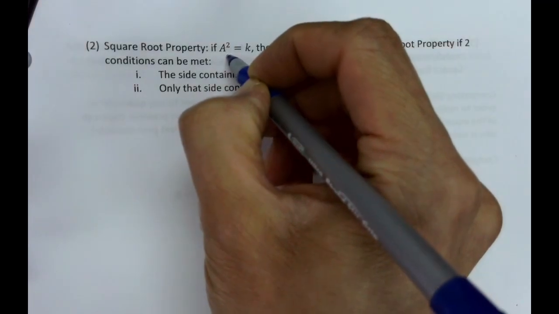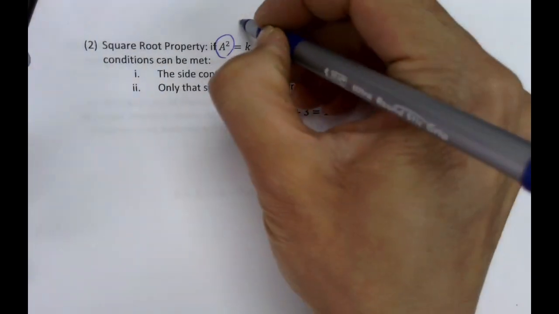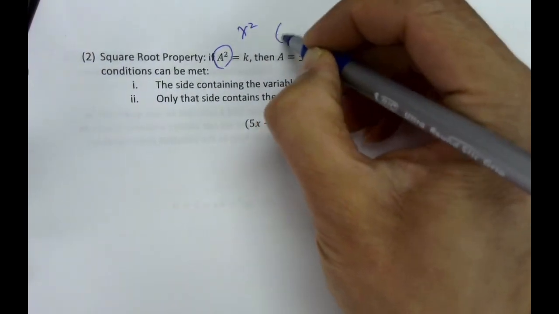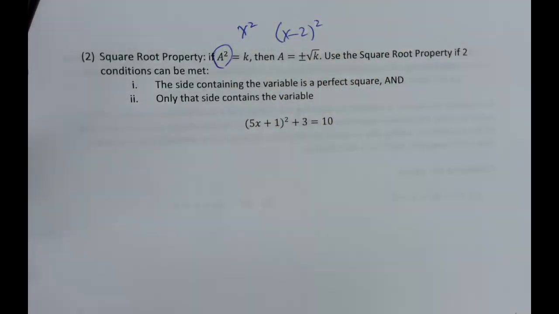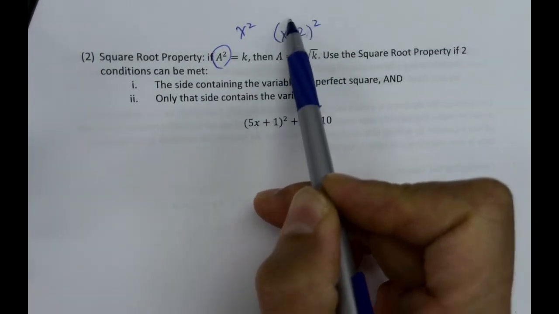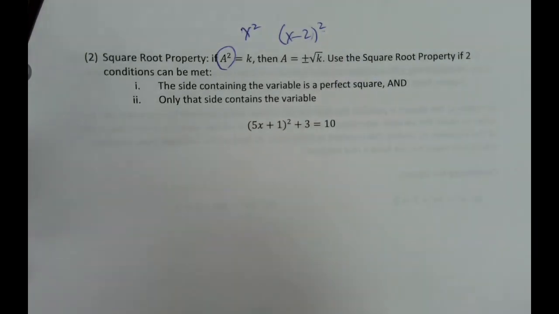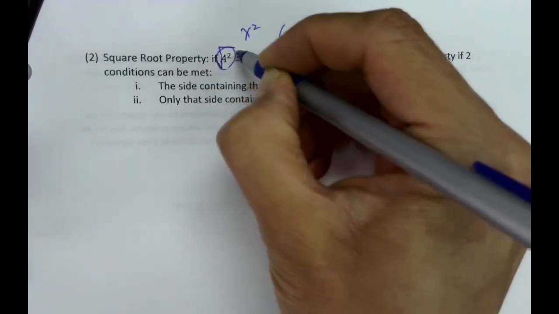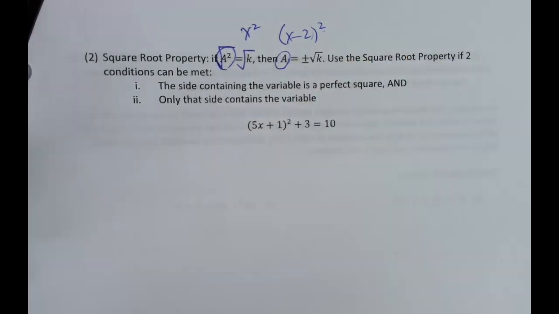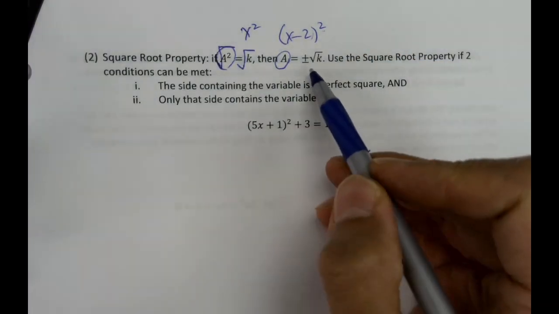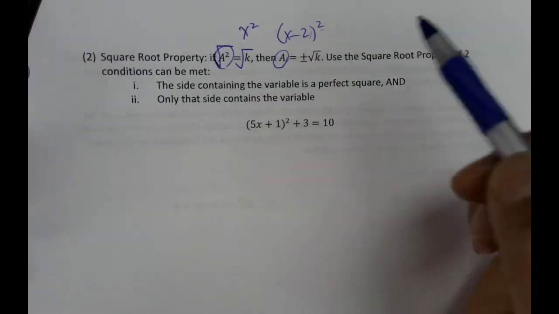However, if we can get one side to be a perfect square, and by perfect square, right, we're thinking something like x squared, or x minus 2 squared, or anything where we have one quantity involving our variable and that thing is squared. Right, then we can simply take the square root of both sides, and then we know that a, right, our x term, whatever it is, is equal to the positive or the negative square root